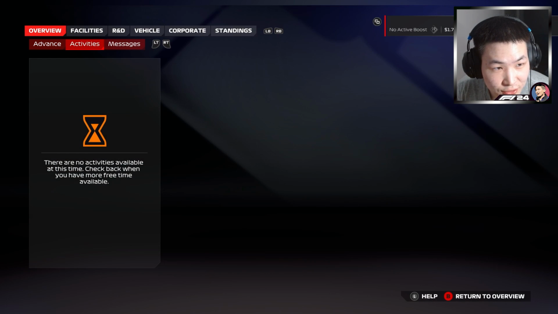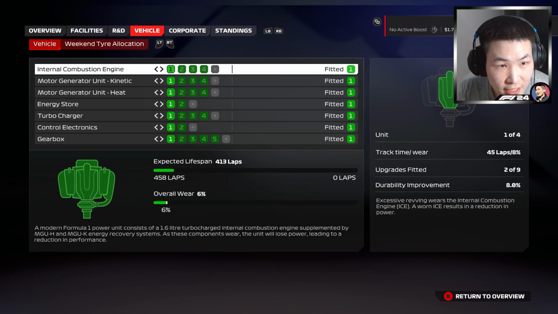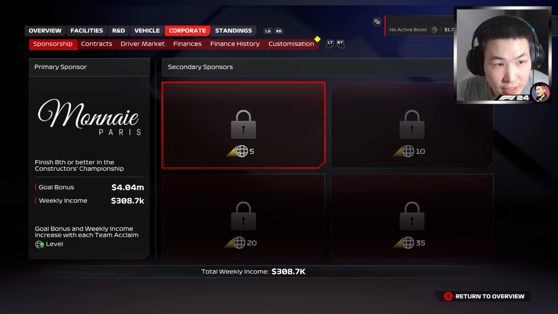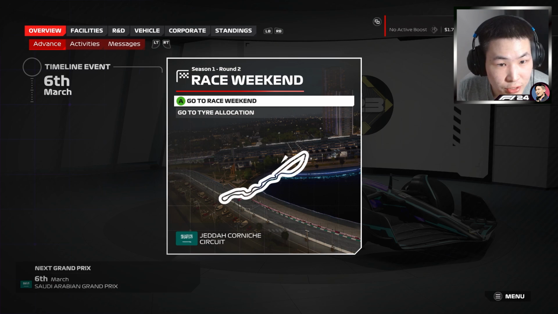And I noticed I didn't do any activities. Stupid me. It could have given me some money and maybe other stuff, maybe even give Jack Doohan a shot, who is of course our teammate, at improving, but we'll see. Two upgrades in the works, the ones we triggered, and without further ado, let's jump into the Jeddah